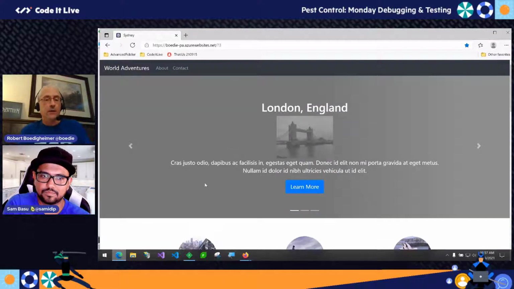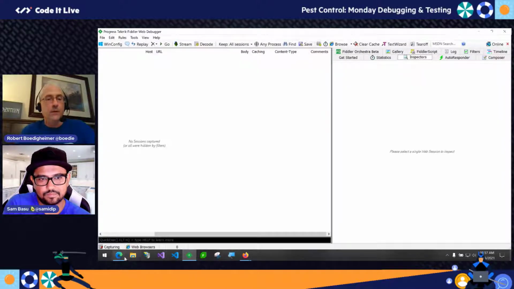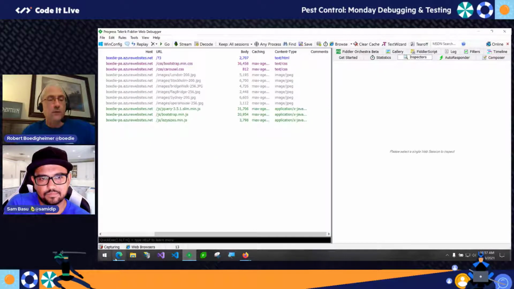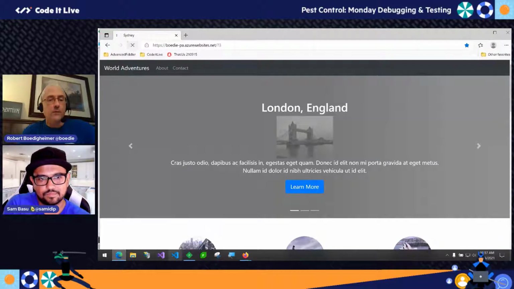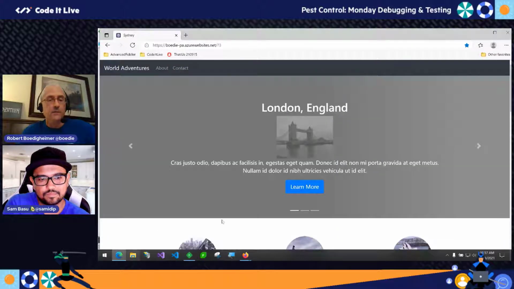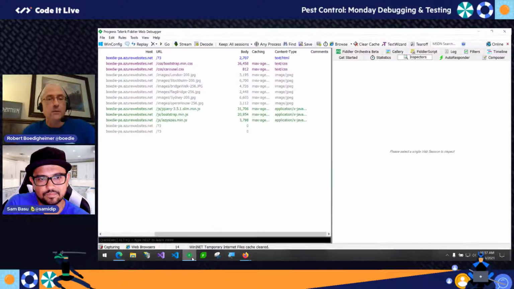If you do caching, this is another important perf thing. You saw I went back to the performance after and there were no requests because everything was locally cached. I'll hit Control F5 to force the requests. If I go back and hit refresh, it's not doing anything because it's in the cache. If I clear this cache, I think that's just IE. If I go back here and do refresh, it's still using the cache. So that's like an IE thing.